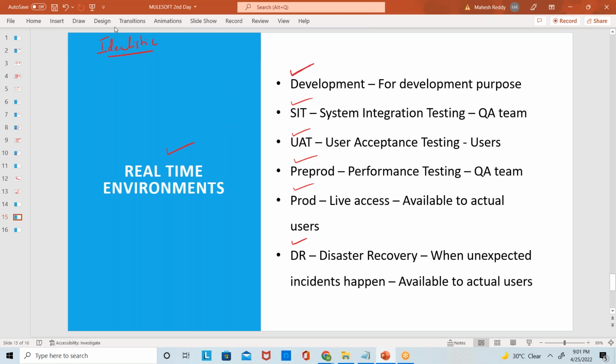Now first we'll discuss development. Whenever you want to develop some applications or some Mule projects, when it comes to MuleSoft, Mule related projects or Mule,